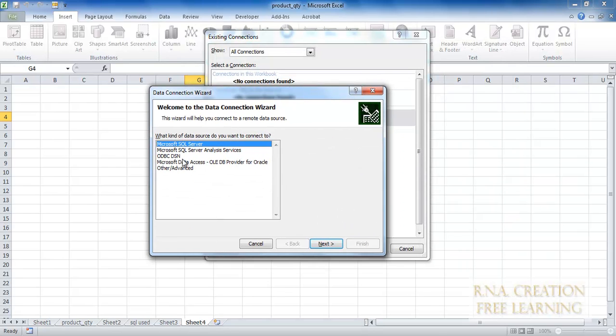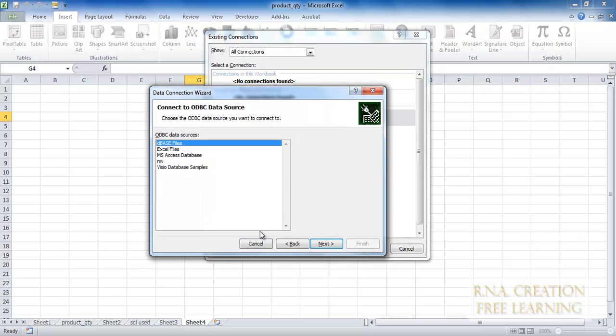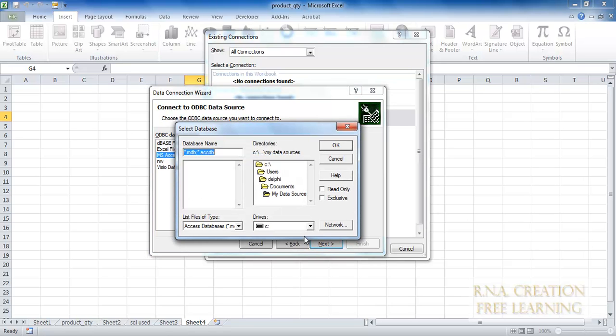And here we have the ODBC. I got to choose Microsoft Data Access, and I say next. I do not have the files. Say Microsoft Access database, next. Now where is the database? The database is somewhere on the C colon, and this is Extreme.